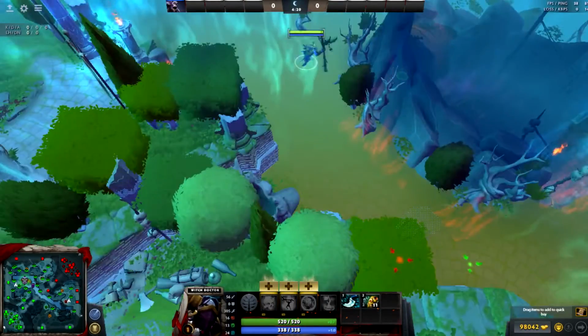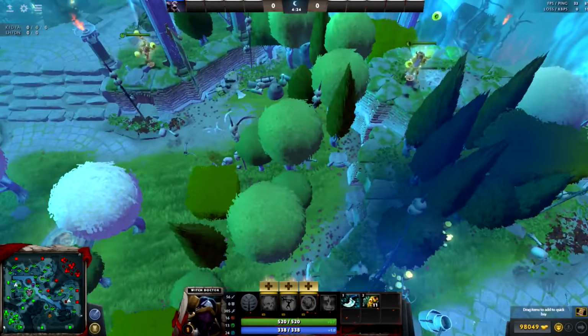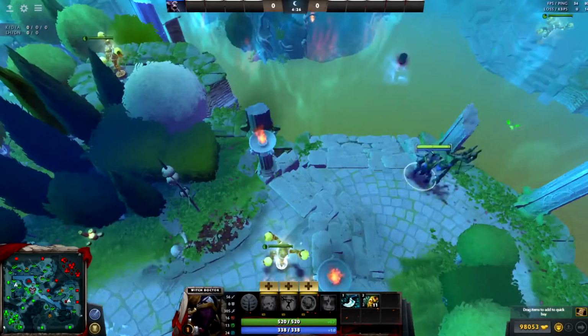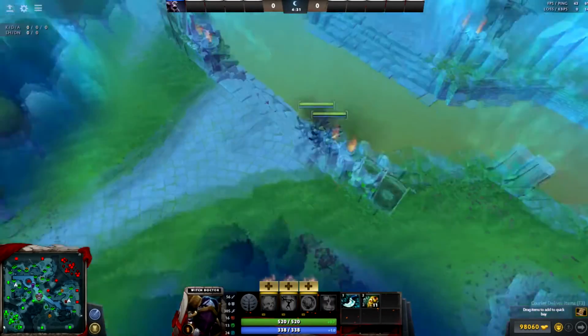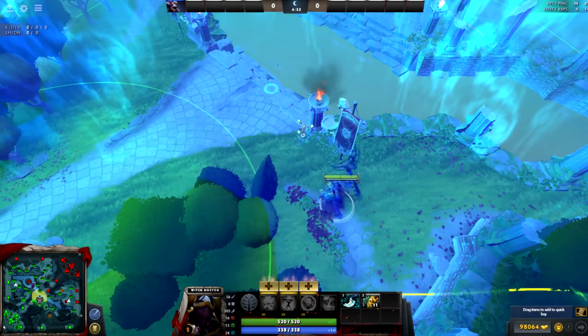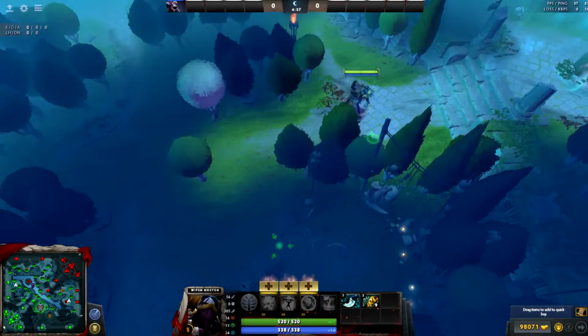Or you can hide in here. There's a lot of places you can hide in here. Like I said, you can buy a tango and eat some trees, hide behind it. Something like that could work. This is for the aggressive ward, and for the mid, you can put ward either here or here. Okay. Now for the aggressive,